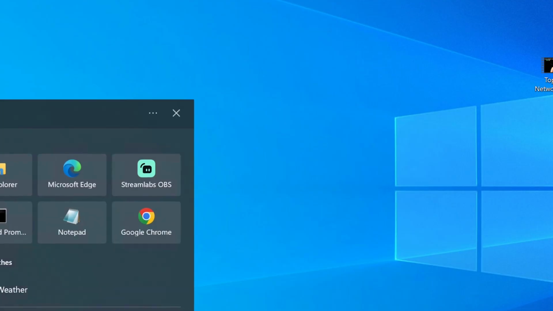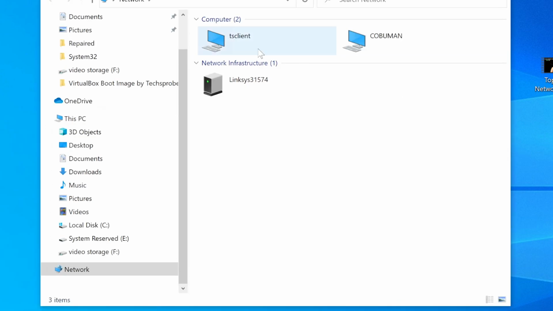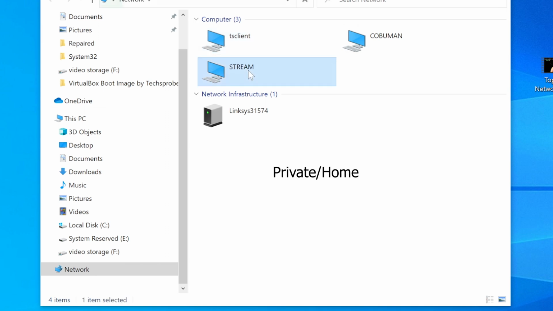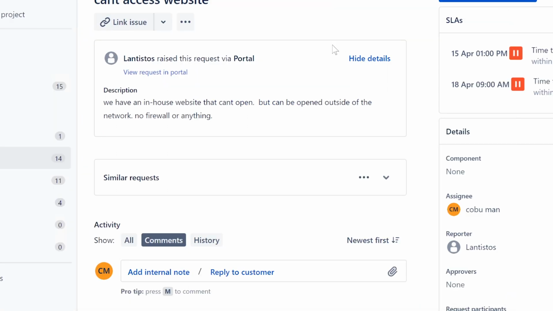So going back to the network thing, all of these computers that are joined here, all three of these, are on a private network. And people outside of that network, meaning the internet, cannot see it.